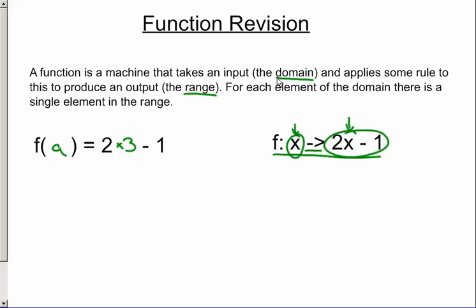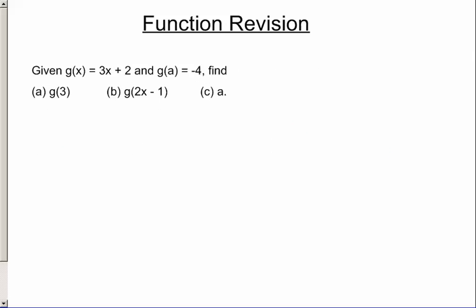So let's have a look at an example. Given g of x is 3x plus 2 and g of a is minus 4, find for a, g of 3 is equal to 3x, so 3 times 3 plus 2, which is 9 plus 2 is 11. For b,